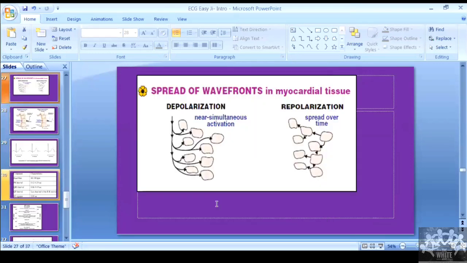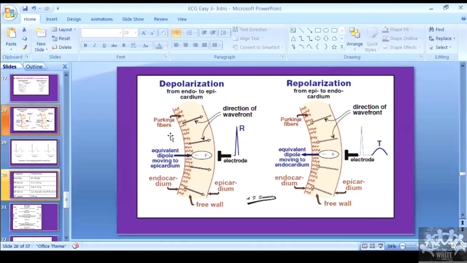Initially, the depolarization in the ventricle happens from the endocardium to the epicardium. So from inside to outside, positive charge is moving towards an electrode which is positive. So the positive charge is coming towards me, so I'm going to feel happy. It is going to be an R wave, which is positive. The exact opposite happens in repolarization: a negative charge goes from the epicardium to the endocardium. This is the direction of the repolarization. So a negative charge is going to go away from me. That time also I'll feel happy, so it comes as a positive wave. That is why T wave is positive. Okay, clear?